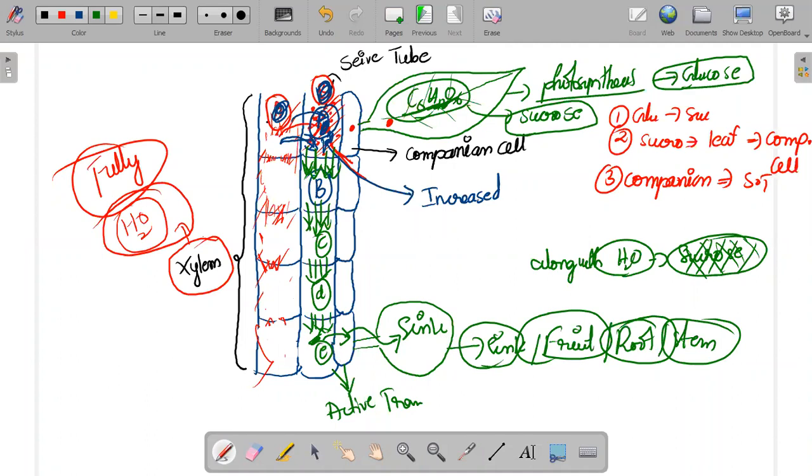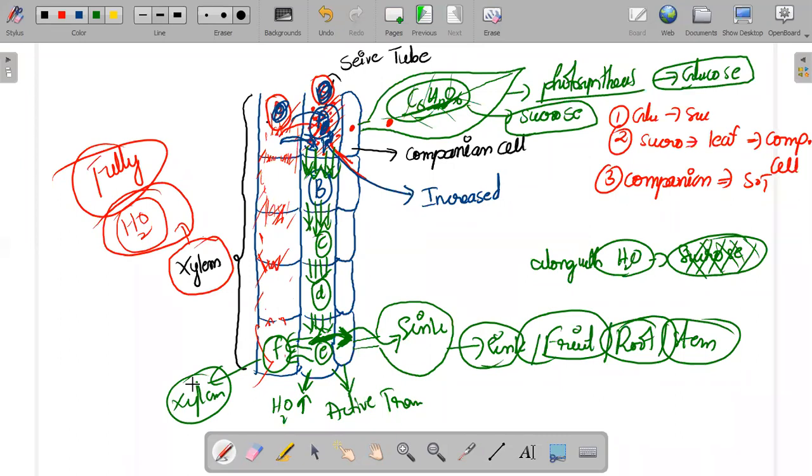So when the sucrose molecules leave the sieve tube and enter into the companion cells, here the E cell will have a very high concentration of water. When you compare E and F, the water concentration is higher in E and lower in F. So water will go back again to its original place, that is the xylem. Very, very simple. Let me explain it again in the last 2 minutes.